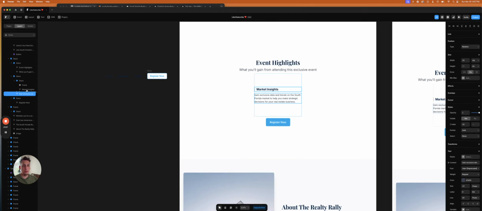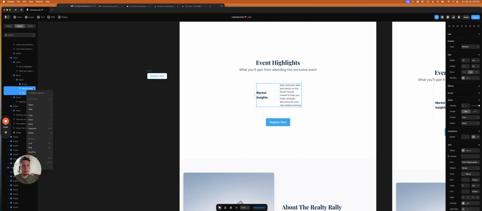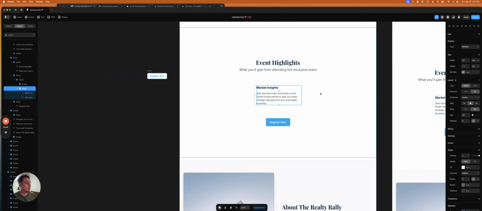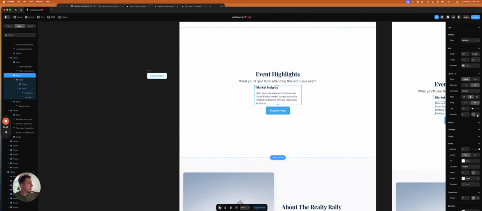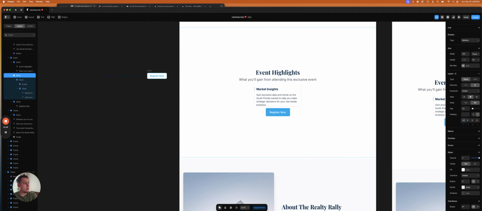I think that we can move this in here, put these together into its own stack, and make it go upwards like this. And now just get this and kind of distribute to the start, or top align it. Yeah, perfect. Now we get this, and we get the height set to fit content, and we can get the width as well. No, the width can stay like this for now, and the padding on the top maybe a little bit higher, like 20,